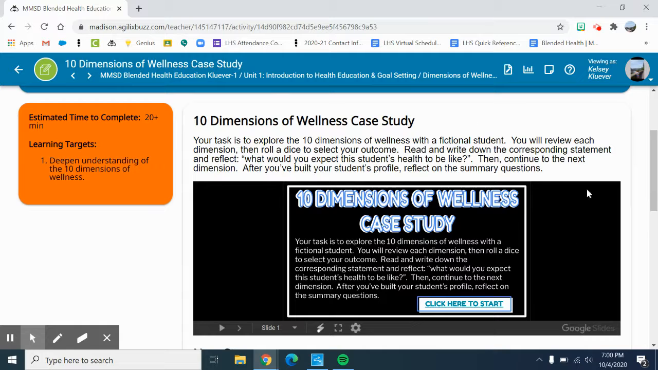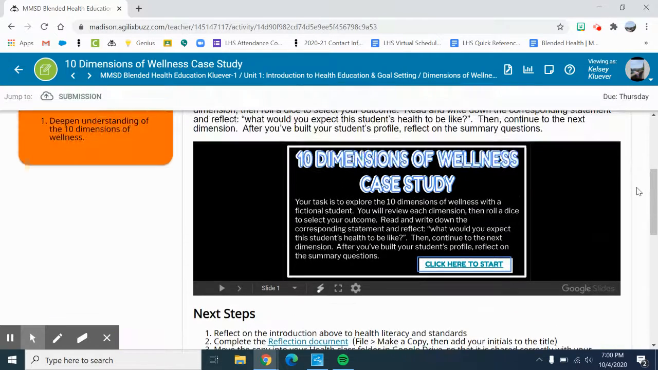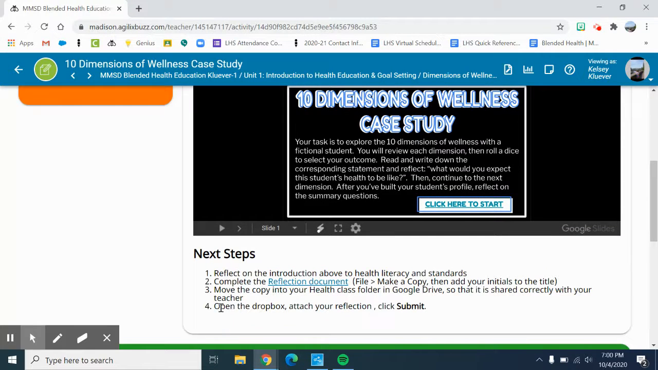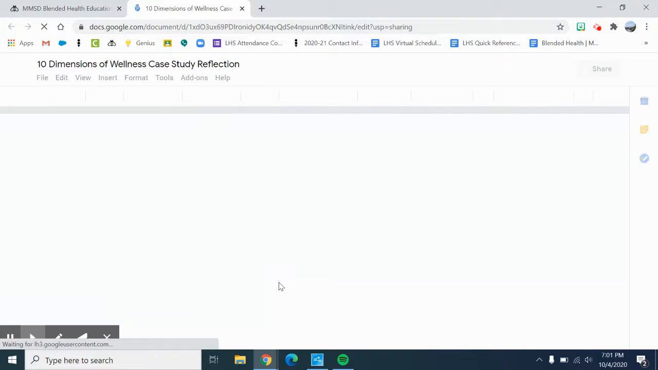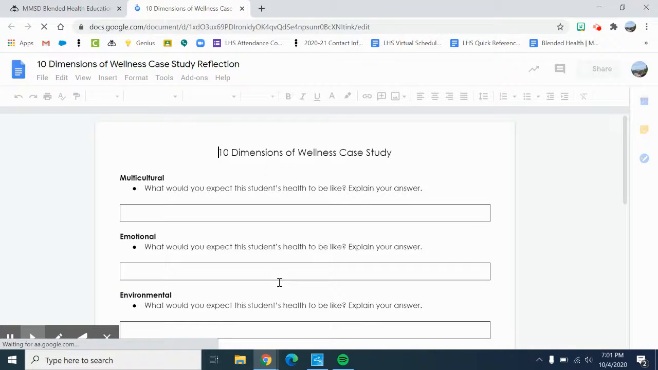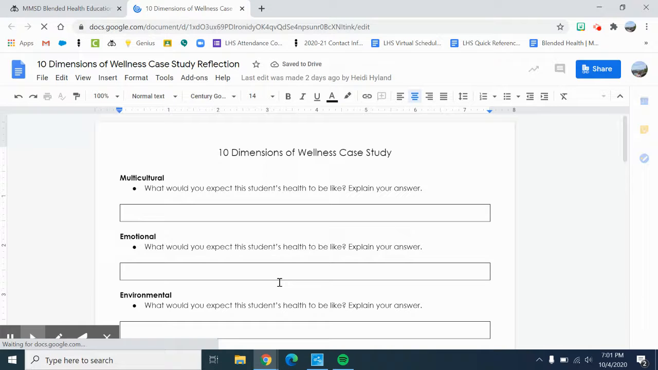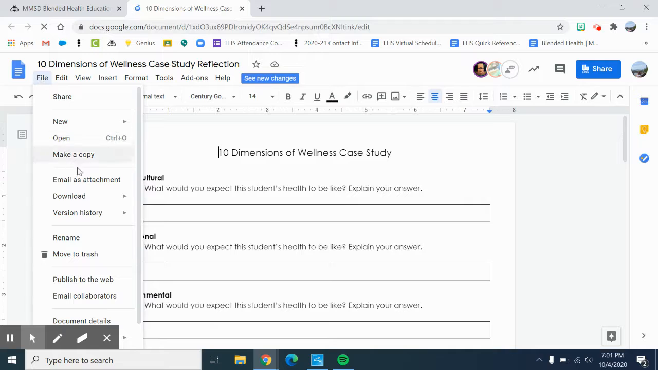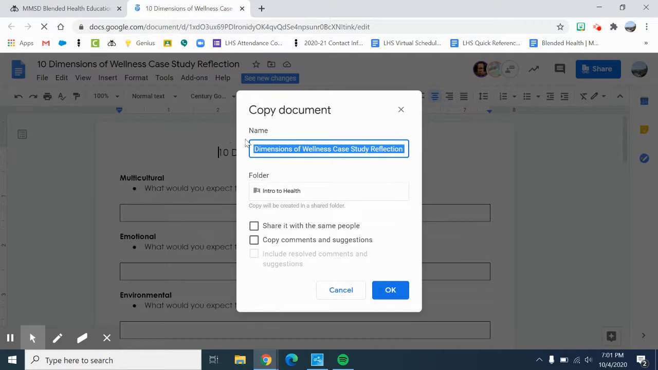Before we get started on the activity, I want us to set up a reflection document because we'll be going back and forth from slides to our reflection throughout this activity. Remember, in the next steps, if it's blue and underlined, that means there's a link to it. We're going to open this link to open our reflection document. Just like in our Health Education Standards and Reflections, you're going to go to File, Make a Copy, Delete Copy of,